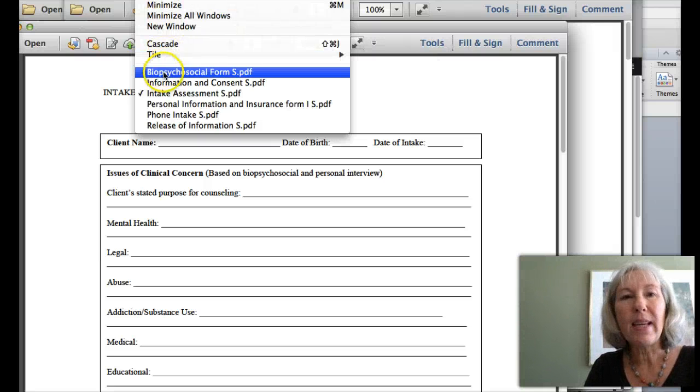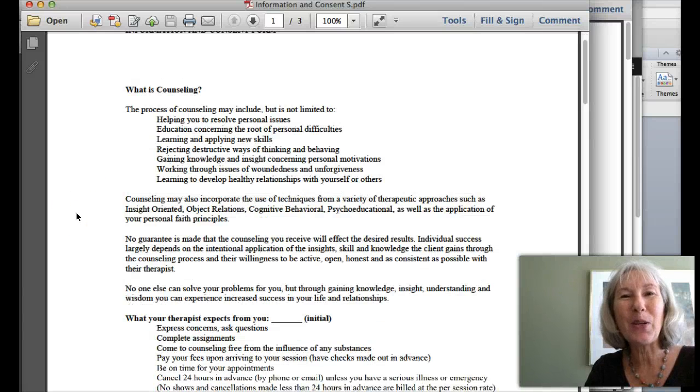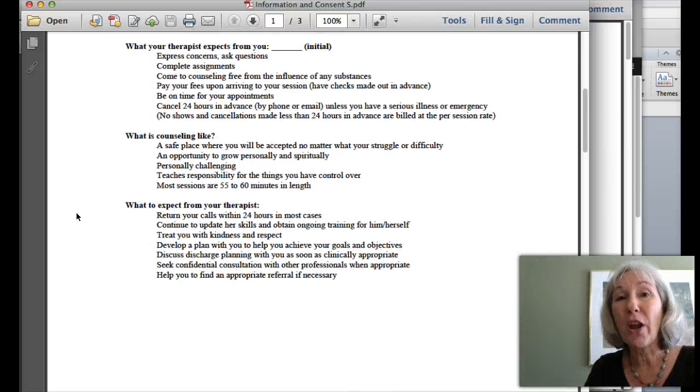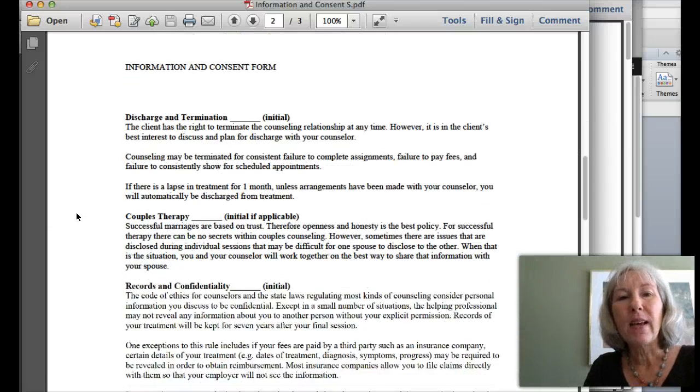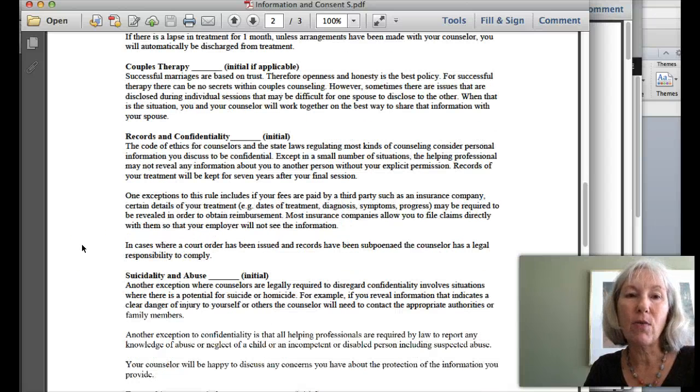The fourth form is the information and consent, which you don't want to be doing counseling without. This is a nice general form. The neat thing about this form is if you have Microsoft Word and you want to tweak it a little bit, go right ahead. Make it your own, because it's so important that you're comfortable with your information and consent.